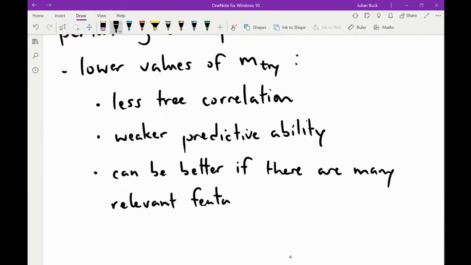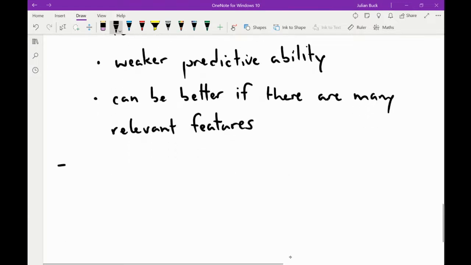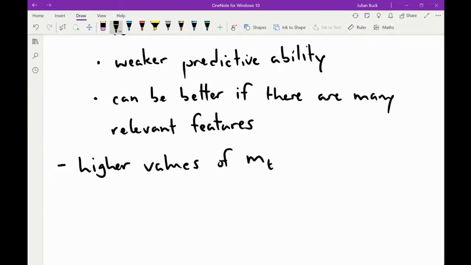So if lots of the features will give you sort of good splits, one thing that will indicate is if you have a lot of relevant features, there's a good chance the relevant features are correlated with one another, right? So this is a case where then you want less tree correlation, and you can get that in this way. Okay. So what about higher values? What does that do? If we get closer to bagging, so picking all the features, or we just pick many of them, what's this? Well,